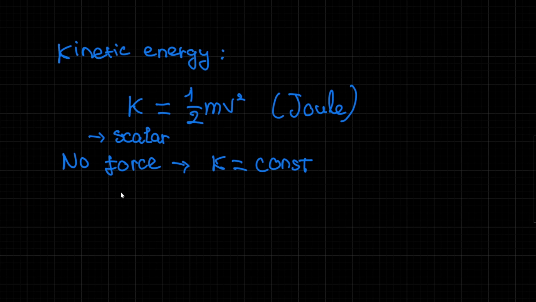We look at the previous equation again. We can have dK equals F ds, right? But sometimes the force and the moving direction can be different, right? So we want this to be a scalar. Then we can put this as F dot ds. Then we integrate both sides, and from here we can have